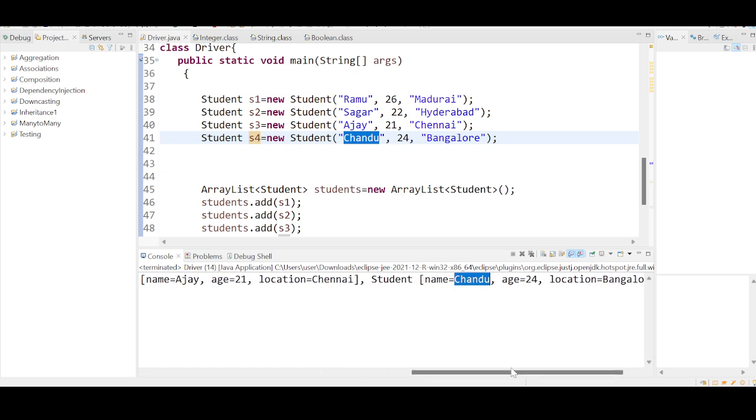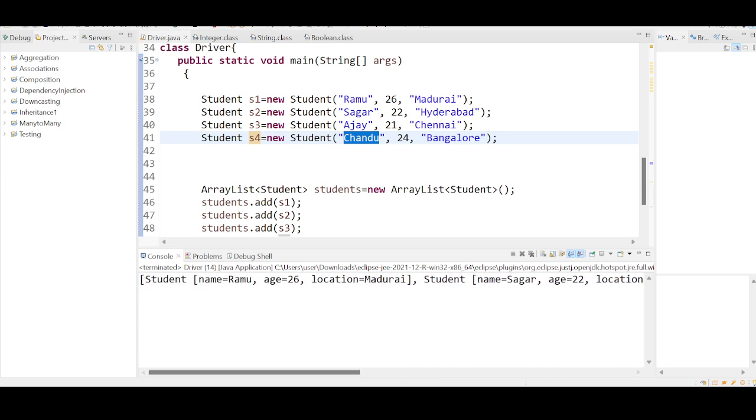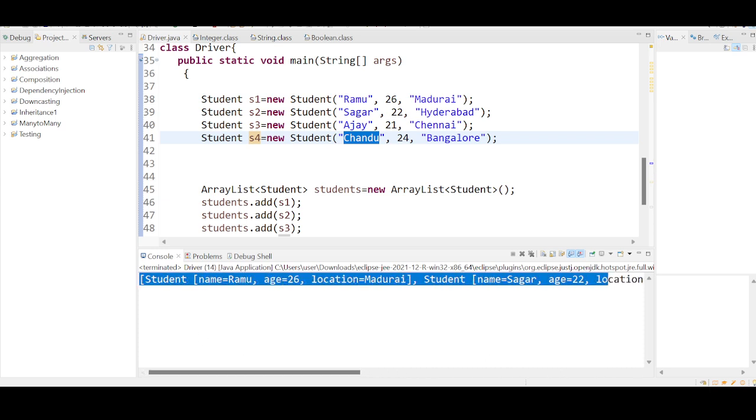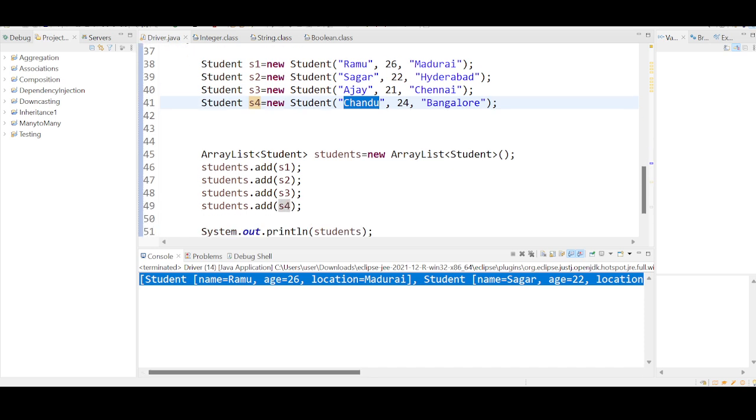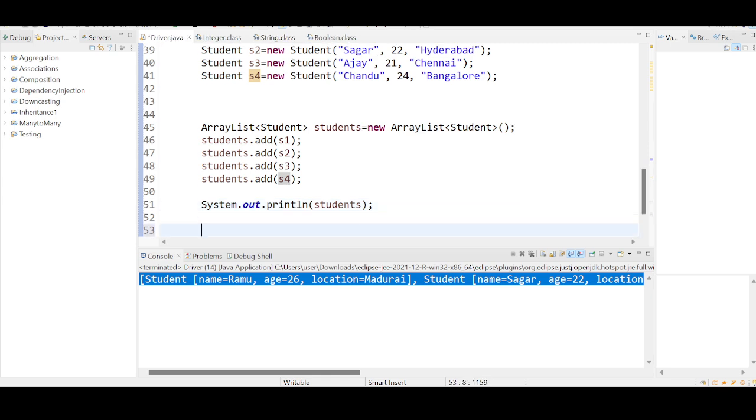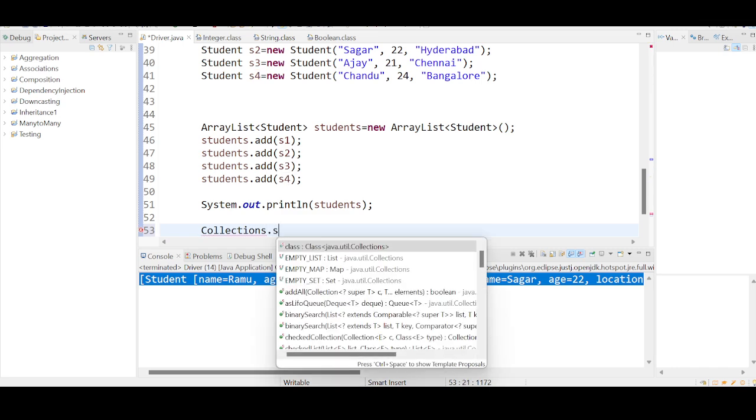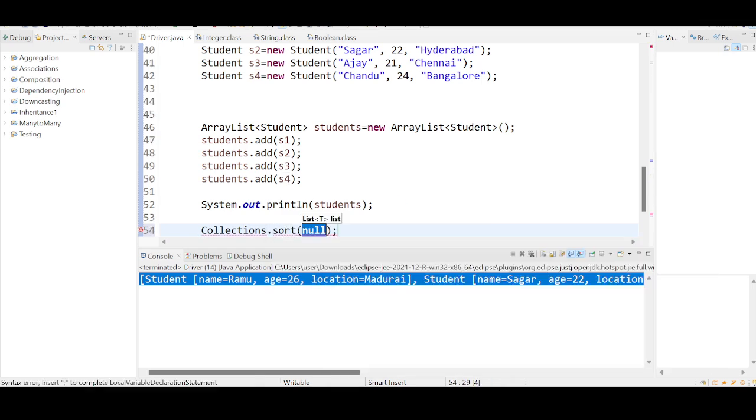But I have a requirement. My requirement is, I want to arrange this in an ordered manner. Can I do that? Okay, Java says you can do that. Java definitely says you can do that. But if you want to do that, there is a method called sort in the Collections class. Inside the sort method, if you pass the student object,